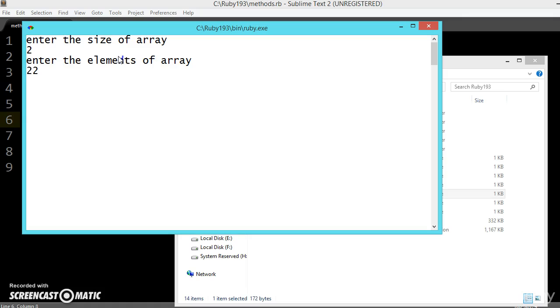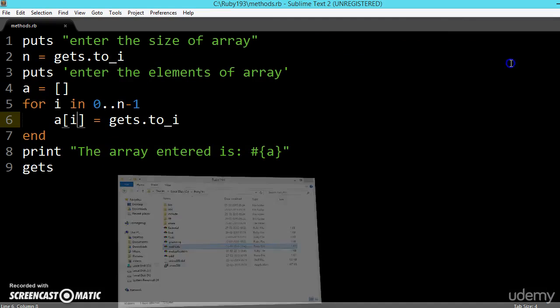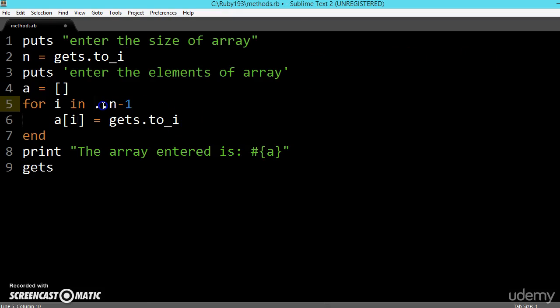Enter the array elements: 22, 11. See here the array entered is 22, 11.